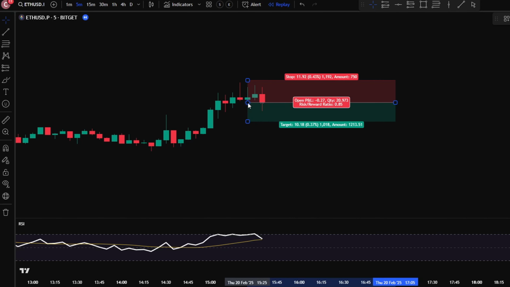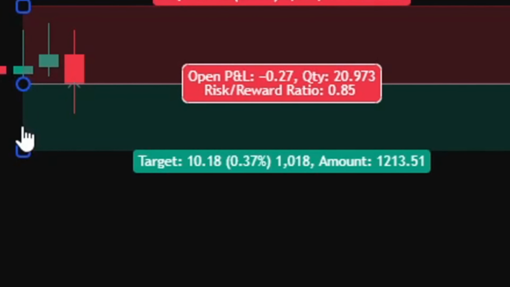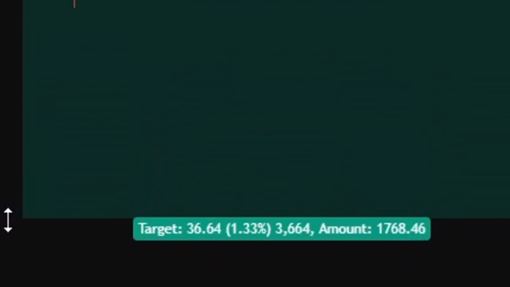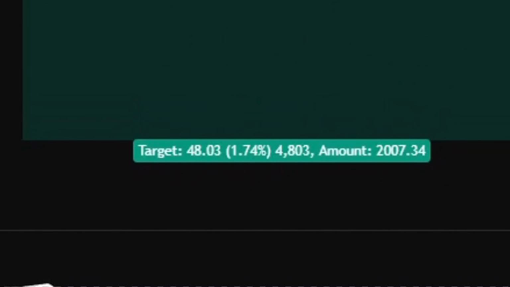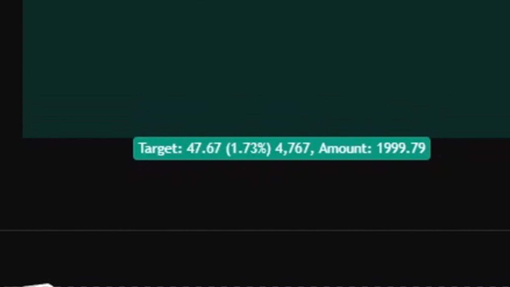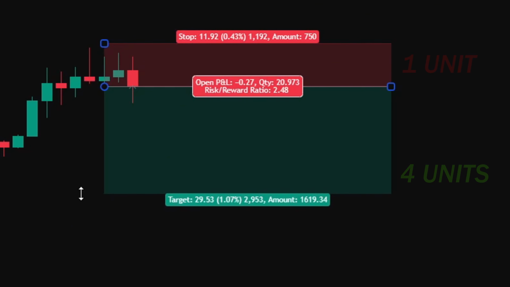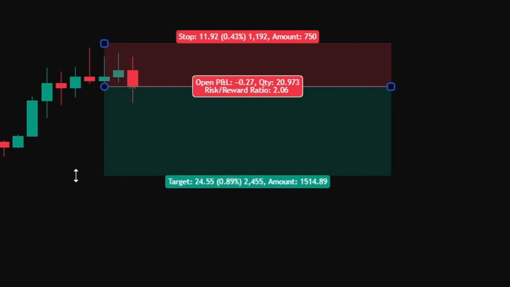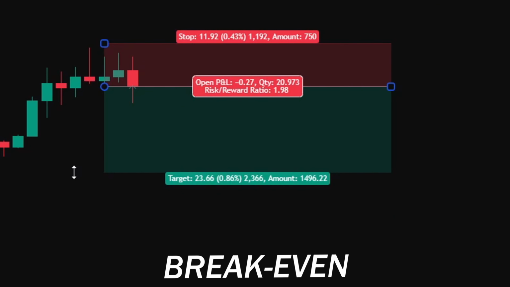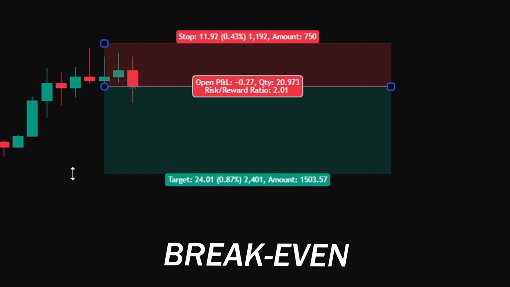As for the risk to reward ratio, that's something everyone should assess for themselves. But in this case, I would recommend a risk to reward ratio of 4 to 1. This means we risk 1 unit to potentially gain 4 units. However, if a risk to reward ratio of 2 to 1 is reached, it's a good idea to move the stop loss to break even. Break even means setting your stop loss at the entry price, so if the market reverses, you won't lose any